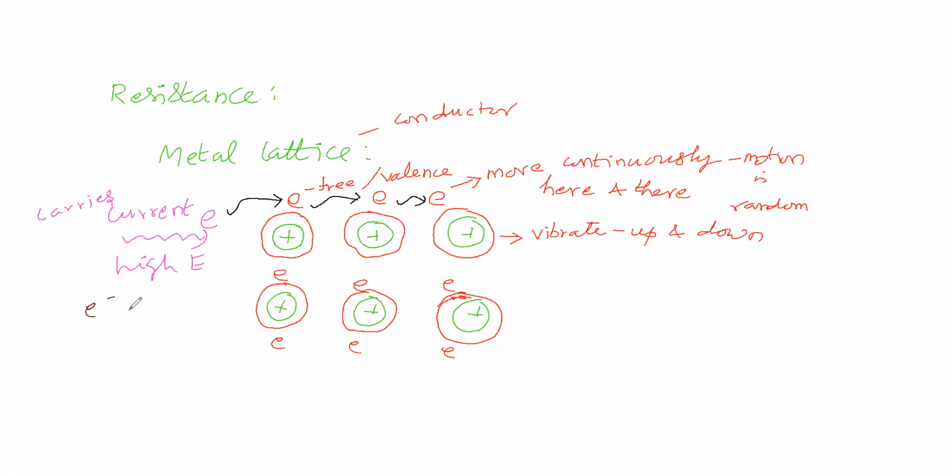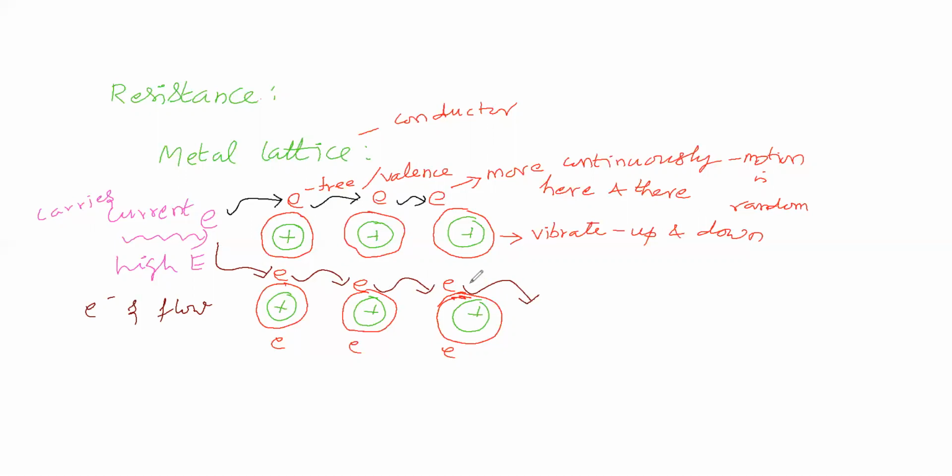Electrons flow. That we will see. Now, this electron comes to this place, while this electron goes to this place, while this electron goes to this place. Okay, electrons flow. When this electron comes and strikes here, this electron goes to this place, while this electron goes to this place.